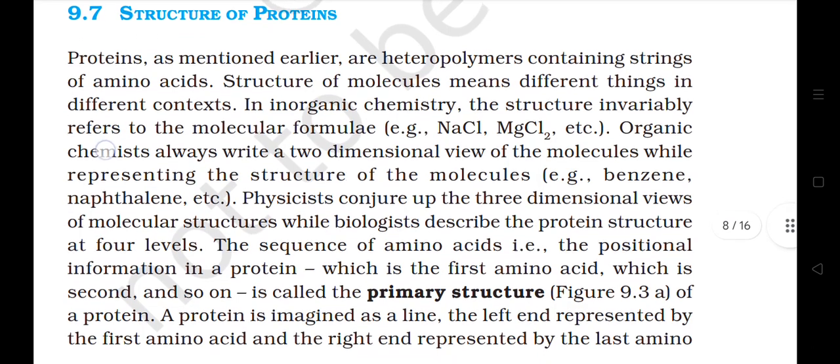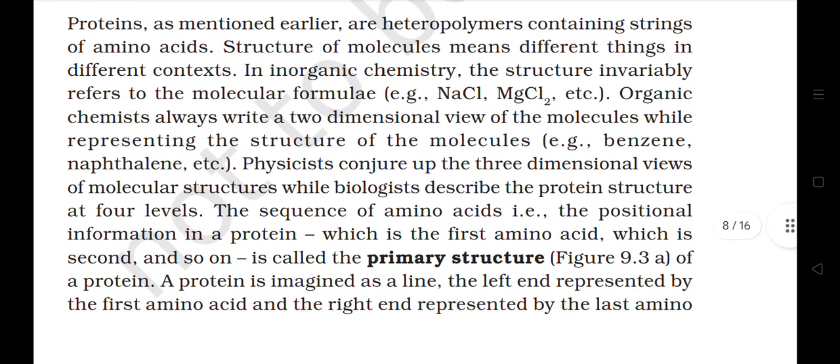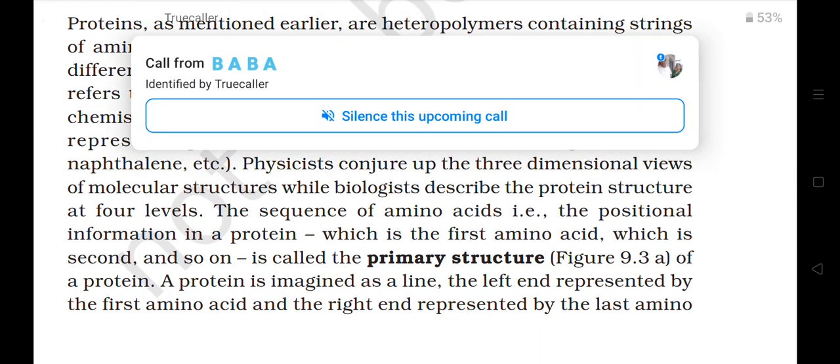9.7 Structure of proteins. Proteins, as mentioned earlier, are heteropolymers containing strings